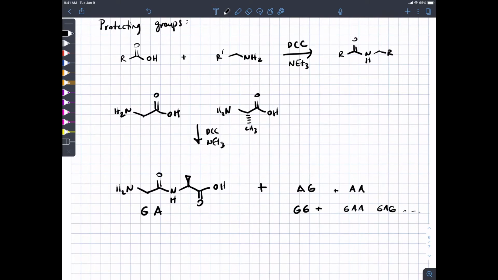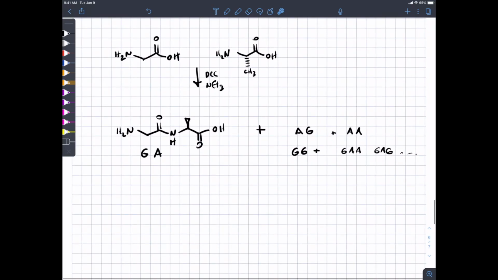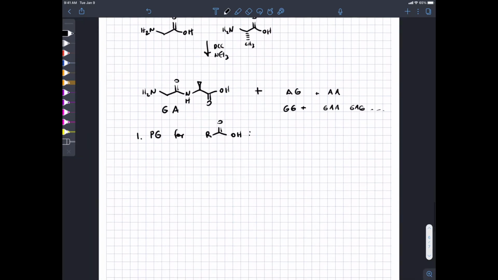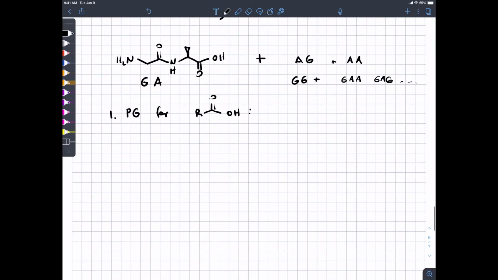It's uncontrolled and it's a disaster. So we need a way to prevent an amino group and a carboxylic acid from reacting with each other in uncontrolled ways. So to do this in solution, we need a protecting group for carboxylic acids, and we're going to need a protecting group for amines. So for the carboxylic acid first,